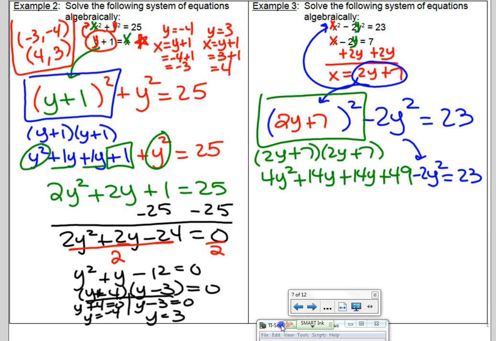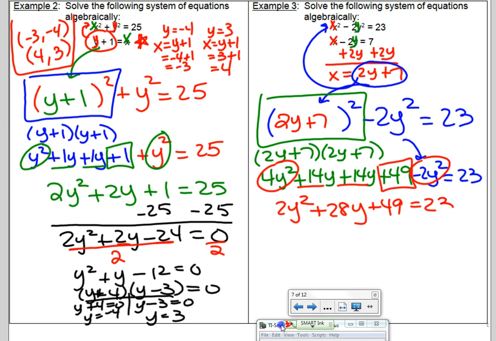Okay, combining like terms, I got 4y squared minus 2y squared is 2y squared. 14y and 14y is 28y. And then we have 49 equals 23. Subtracting over the 23,